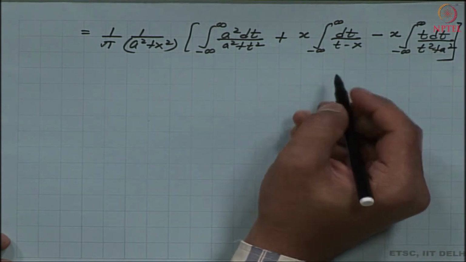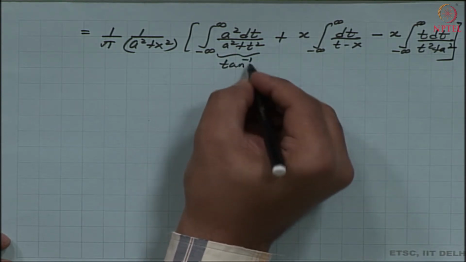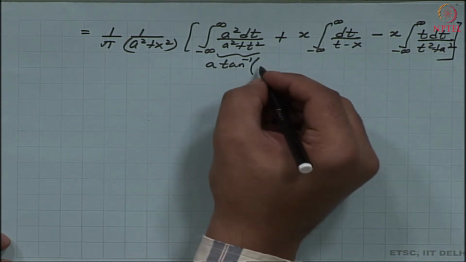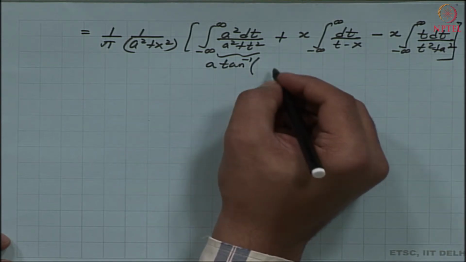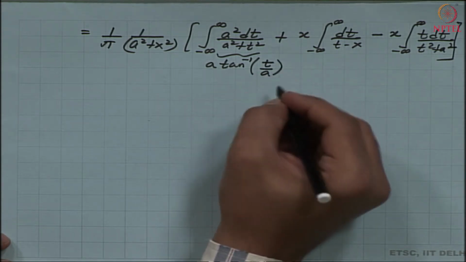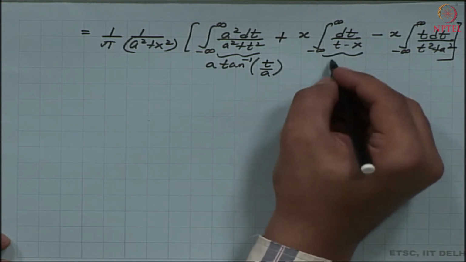Okay. We see that, as I said, this integral is going to give me a tan inverse of t by a,